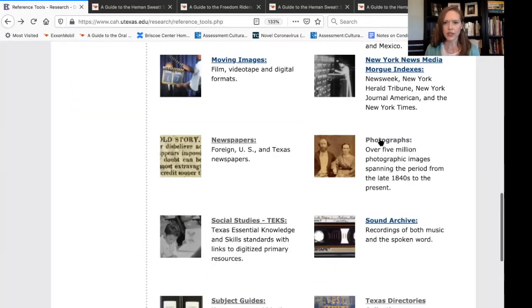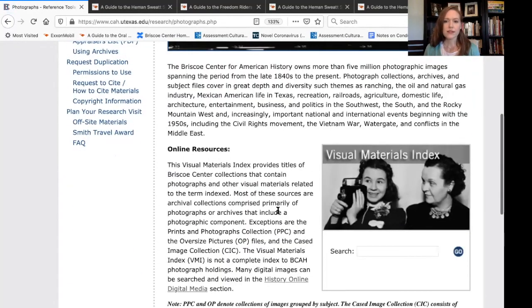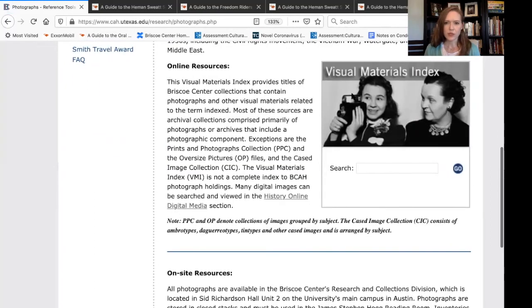And let's also look at the photographs database. This index, maybe the visual materials index, may be a little bit confusing because it does compile resources from different areas, just like our subject files do. It includes our prints and photographs collection, as well as archival resources that are mostly photographs. So there are photographs in a lot of our archival resources, but only if the collection is primarily photographs would it be included in here. So that would typically be the